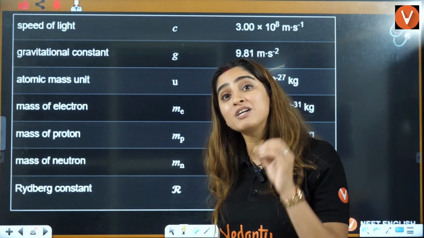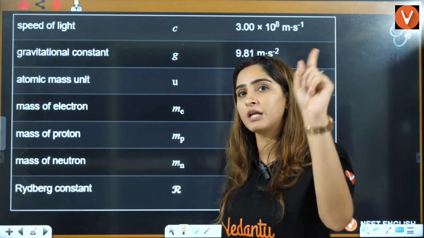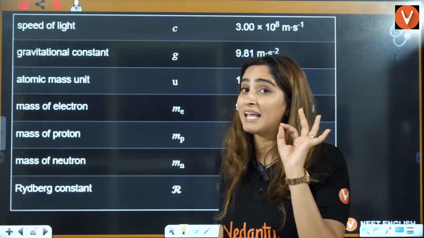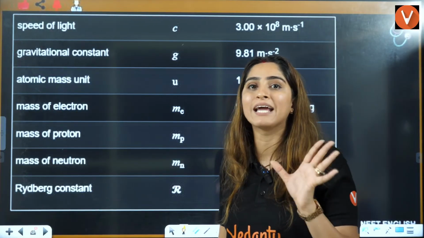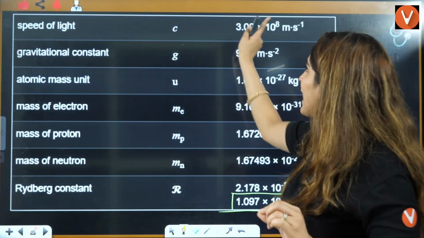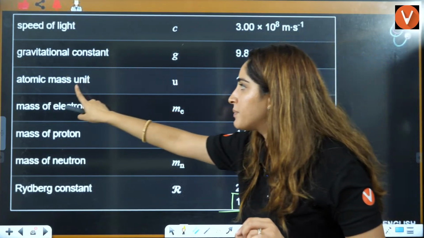And if you're a dropper, surely you should go through these constants and remember them within 1 week, right? Because being a dropper, you should remember each and every constant. You don't have time for that. You have to practice a lot, right? So speed of light 3 × 10^8 meter per second, gravitational constant 9.81 meter per second squared, atmospheric pressure,